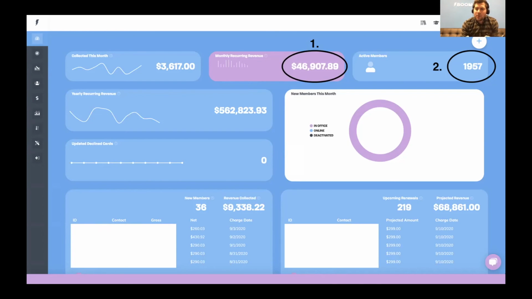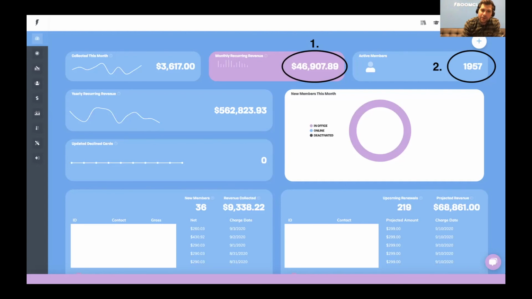Think about that. Most practice owners, you close the month. Let's say you closed a $100,000 month. Just to keep it simple, you close it on the 30th, the last day of the month. The first of the month, you start at zero and you've got to build and work your way back up again. The beautiful thing about recurring revenue through membership programs is that you start each month with whatever your monthly recurring revenue base is,